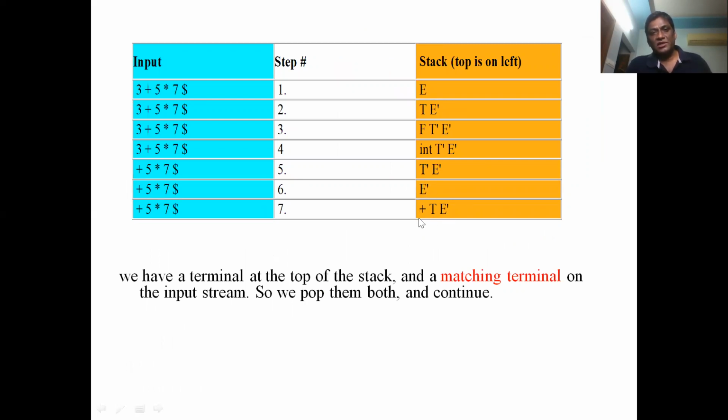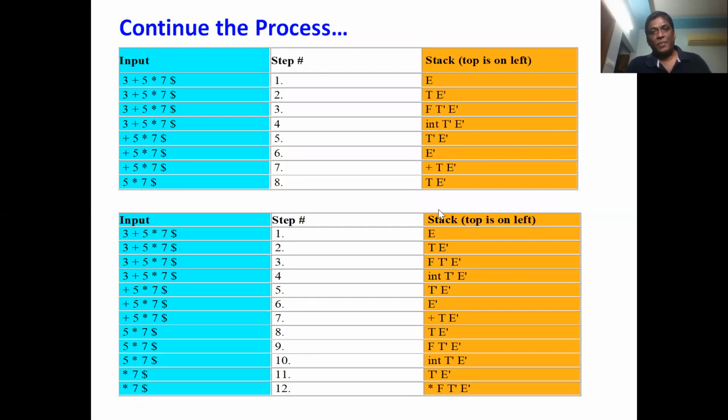Now the stack top is plus, and the input buffer pointer is pointing to plus. There is a match between plus and plus. So we take out this plus and this plus and process the remaining string. What is the remaining string? 5 star 7 and T dash.